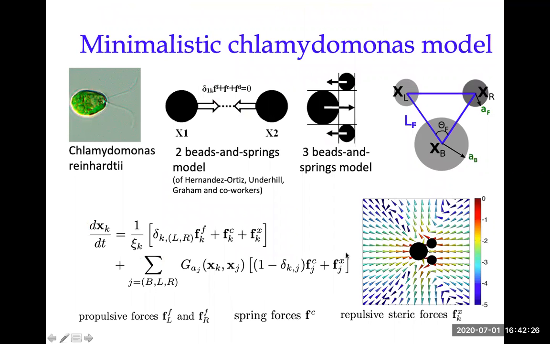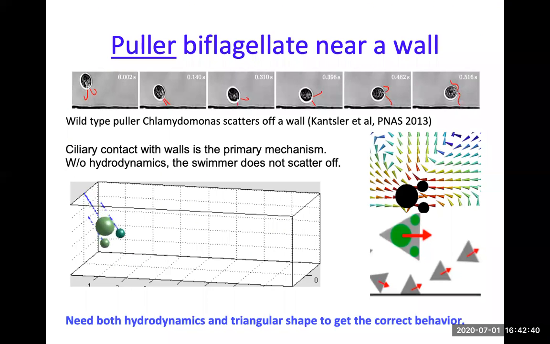So the fluid flow comes in at the back and front and comes out at the sides, right? In the time average. And one can add the flagellar bead, but to start with, we just do this time independent, like constant flagellum propulsion. And again, one can add confinement, say a straight wall. You aim chlamydomonas at it, right? A swimmer like this will hit the wall. I'll play this movie again. And you will notice the flagellum touches the wall, and because there are spring forces connecting this, it squeezes, and then it will scatter away from the wall.